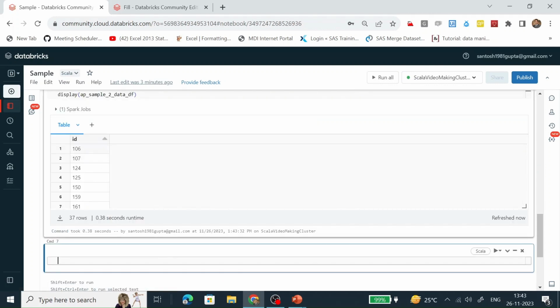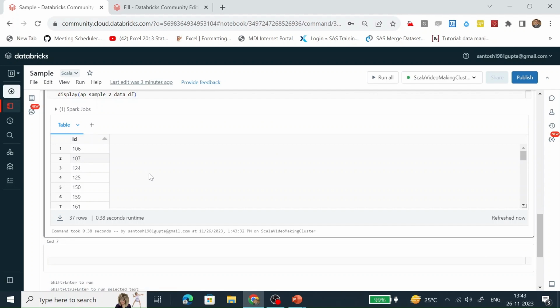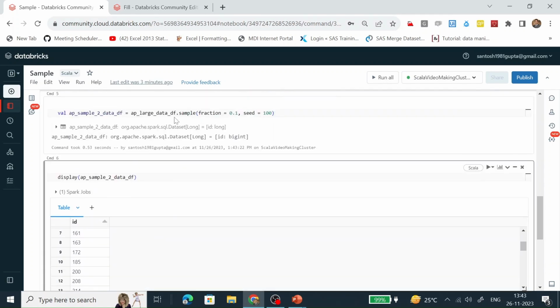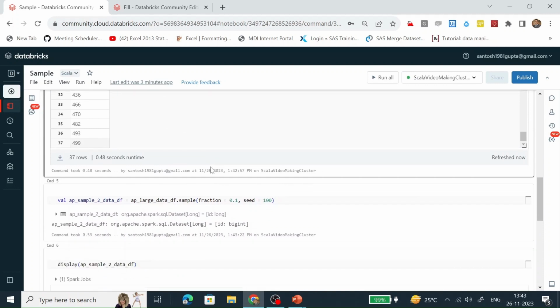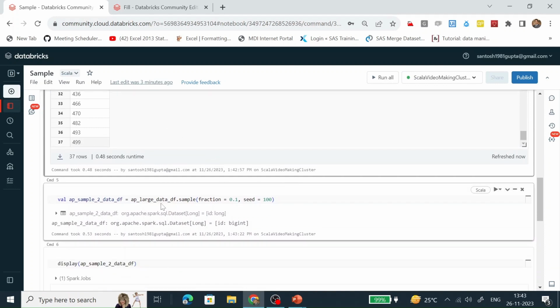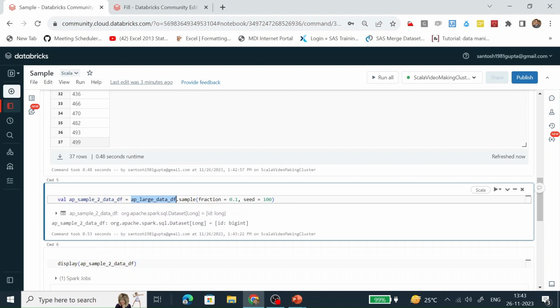We can see it started from 106 and ends at 499. Same is happening here. It started from 106 and ends with 499 because we have sampled the data from this large data set with the same seed. That's why all the data coming in this sample data frame are the same.